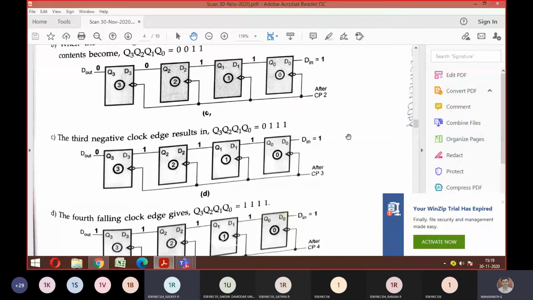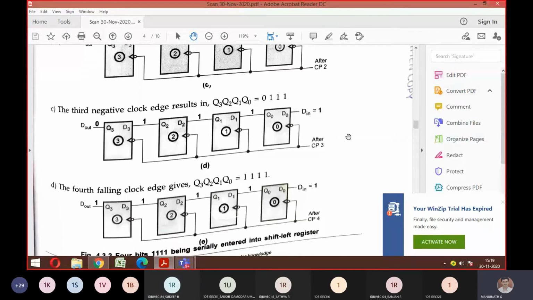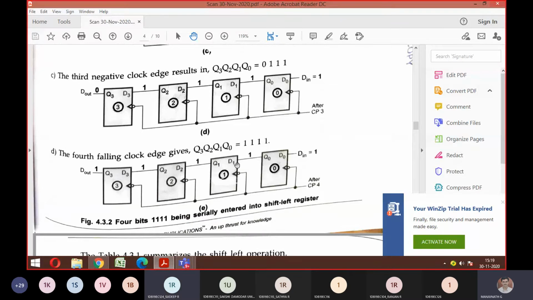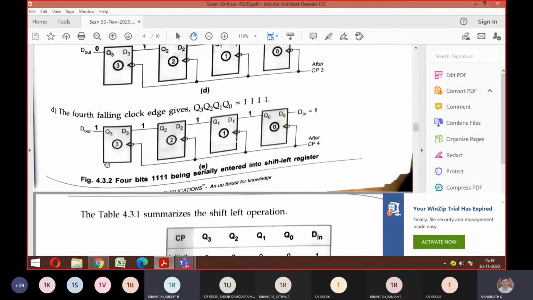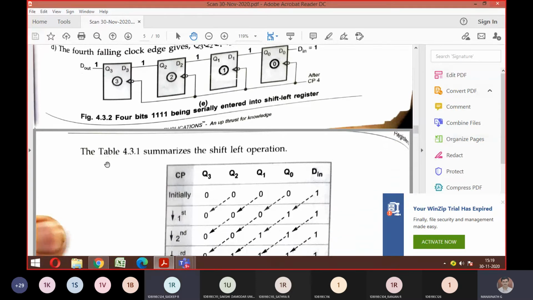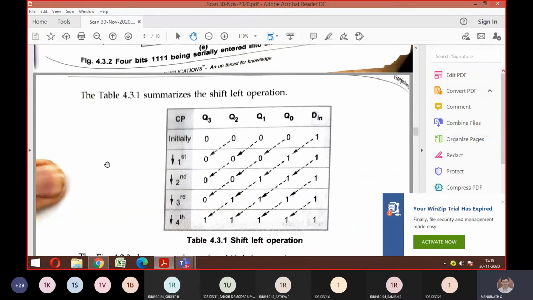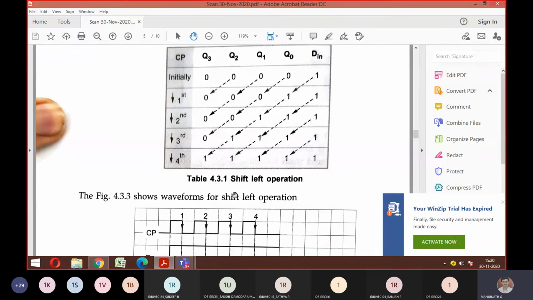Yes, sir. This is what you're going to do in the laboratory also. Using different types of counters, you keep shifting and you can get the answers. This is the meaning of shift registers. Look at the summary of this using the clock pulse. D in is 111, this is the input. This may vary because you have 16 combinations; they may give anything. This is one example they showed. Initially all zeros, followed by the input being shifted in. This is how the waveform looks also.